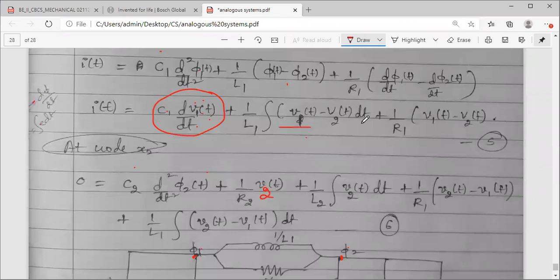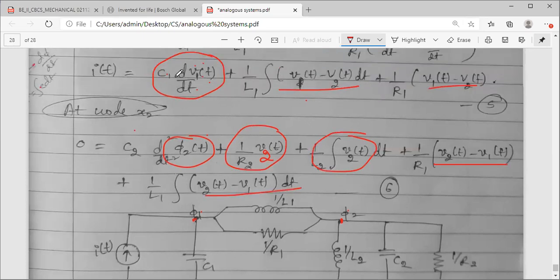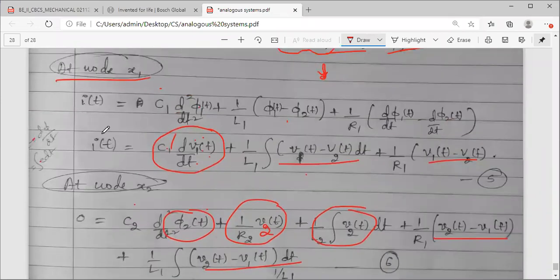So there is only one, क्योंकि यहाँ पर shared होगा, यहाँ पे shared होगा. This is purely for V2, purely for V2. ये shared है, ये shared है. So only V1, C1 एक ही आएगा. So I have taken that in parallel. Remember, force current में आप चीजों को, elements को parallel connect करते हो. Force voltage में आप चीजों को, elements को series में connect करते हो. And for first node, you have applied current source I of t.